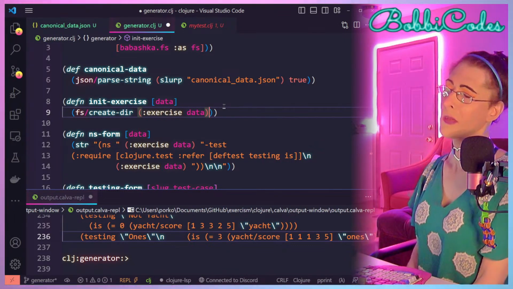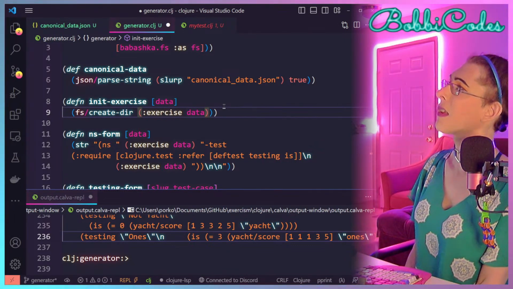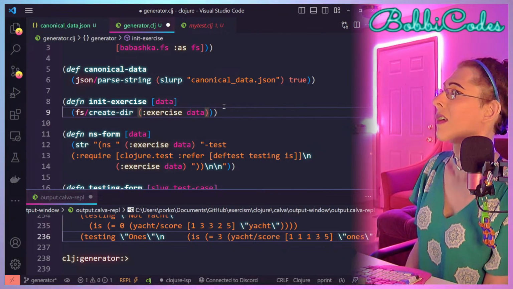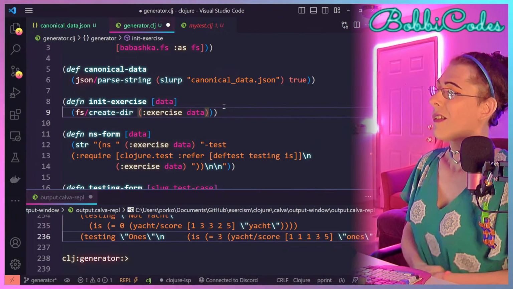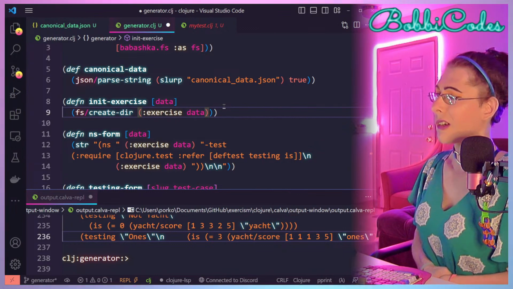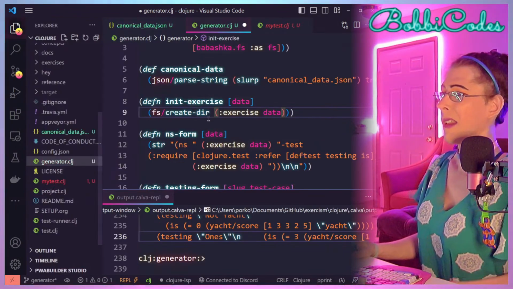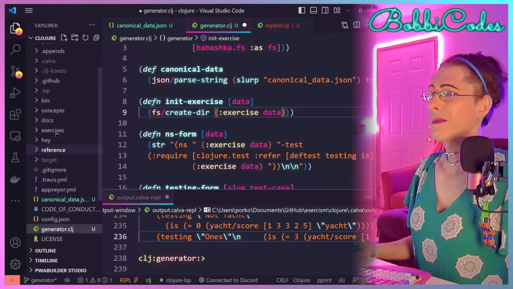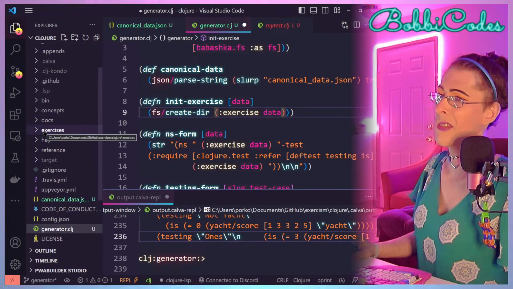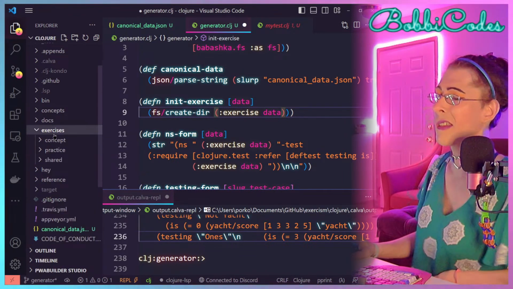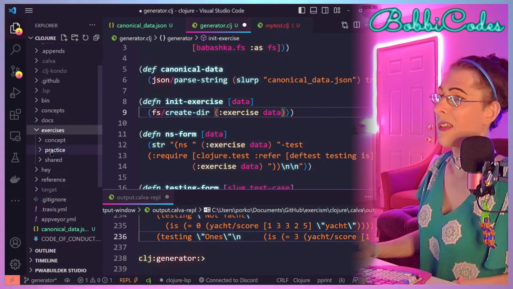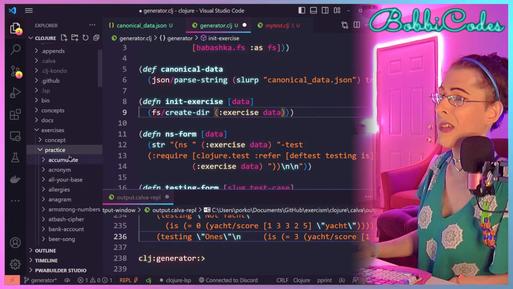Now, are we going to assume that this is going to be run in the project root? I think, yeah, we will. So it's going to go in the exercises directory and then in the practice directory.